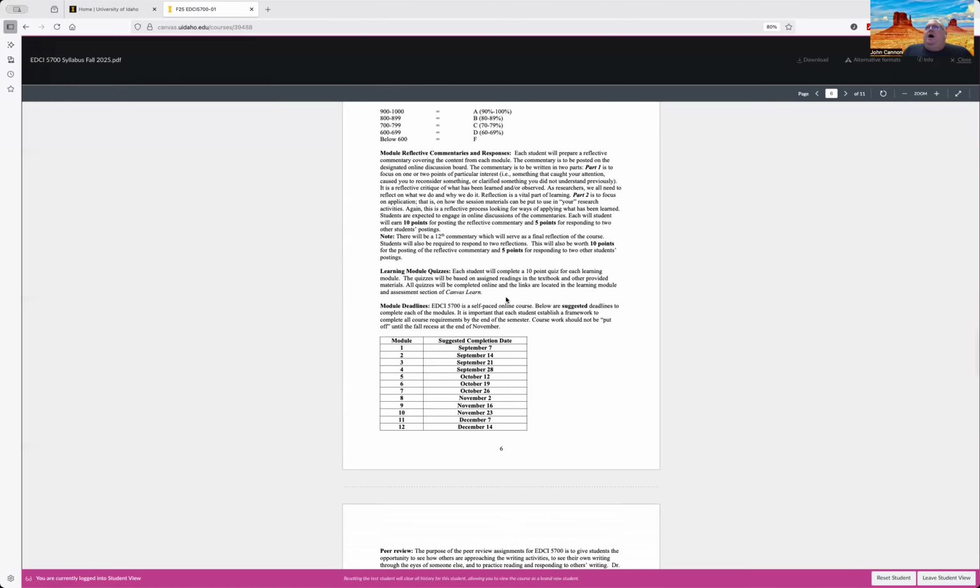There will be a quiz for each module, a 10-point quiz. The final one will be open-ended questions asking for your help in evaluating the course, providing me with things that you think can be changed, things that could be done differently, or even content that you wish we had covered. So that'll be at the end, that open-ended question. The other quizzes are going to be true/false and multiple choice questions.